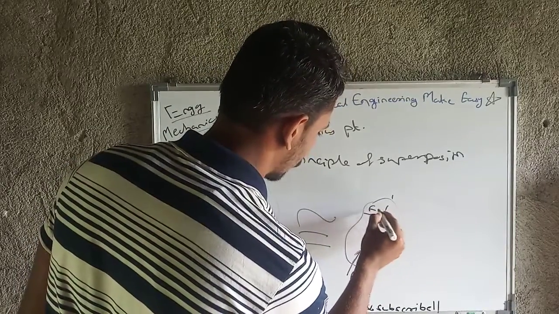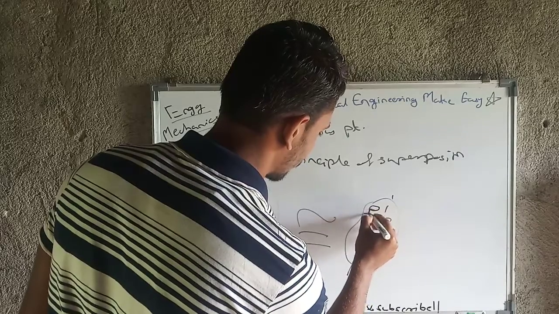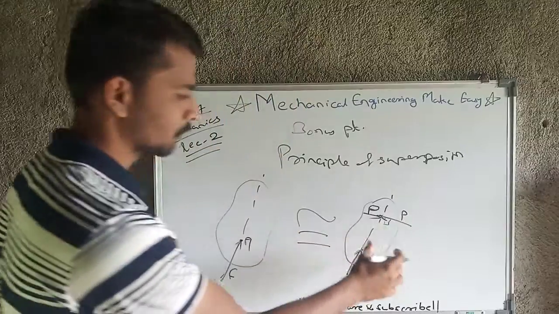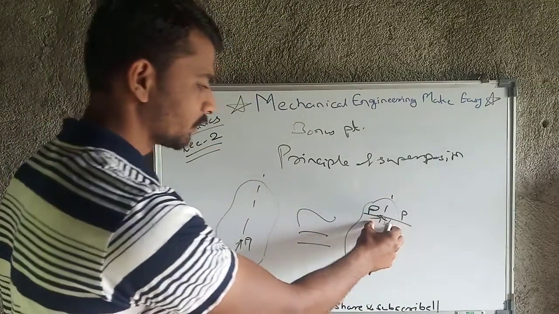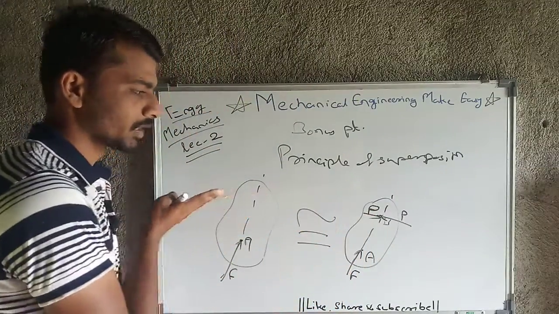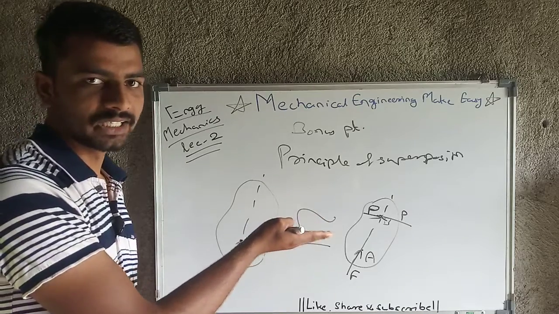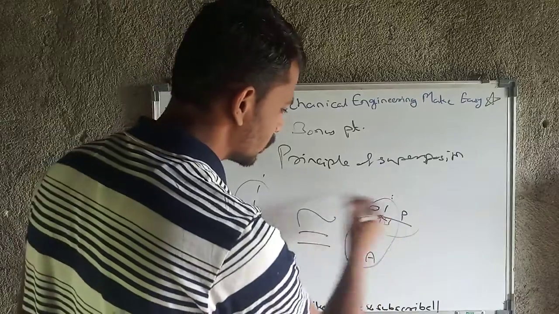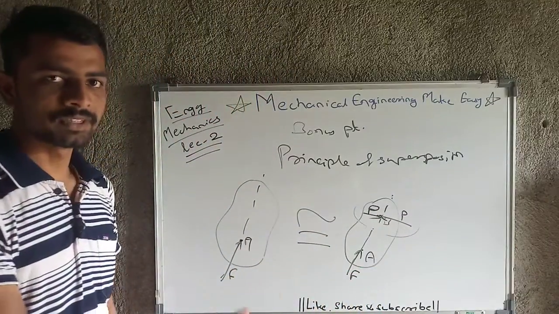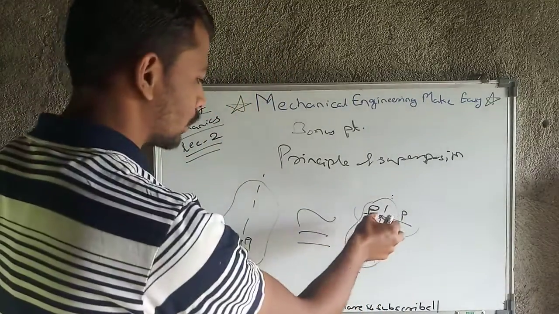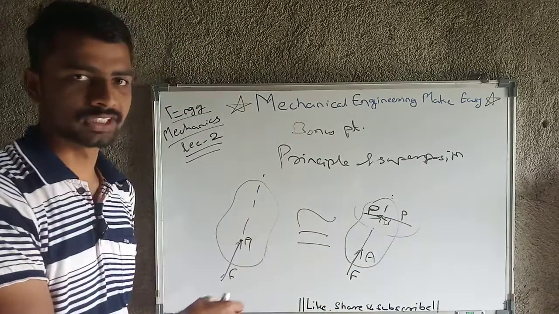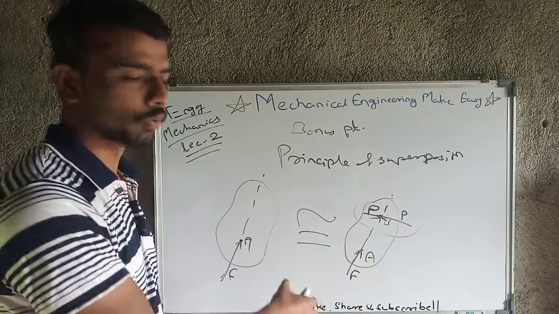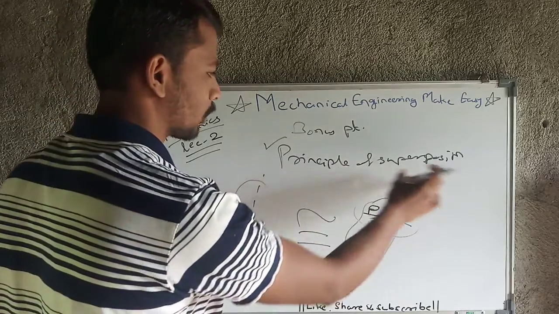At point B we have applied one force from this direction, denoted by P, and the same from the other direction also. So ultimately this system is in equilibrium, because from the right side there is a force P and from the left side there is also a force P. If there is any system in equilibrium and we add that system to our force system, then it will not have any effect on our force system. So this is nothing but the principle of superposition.